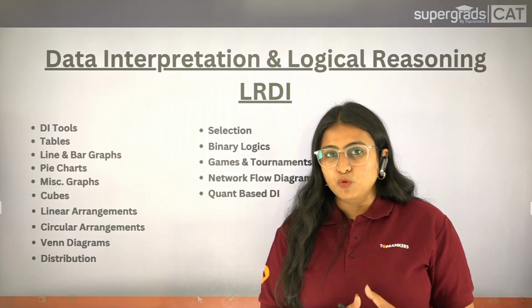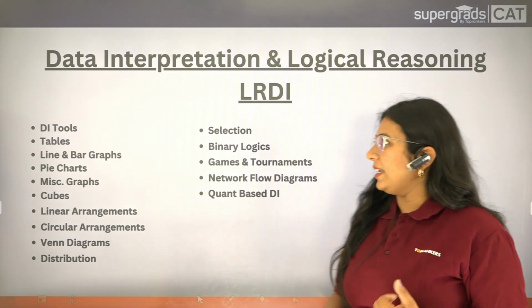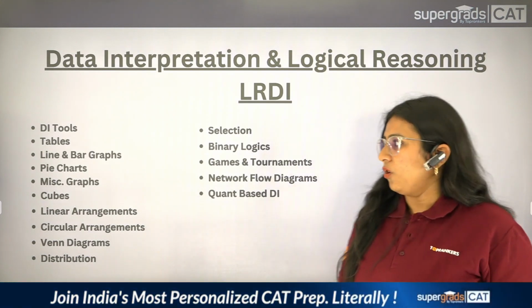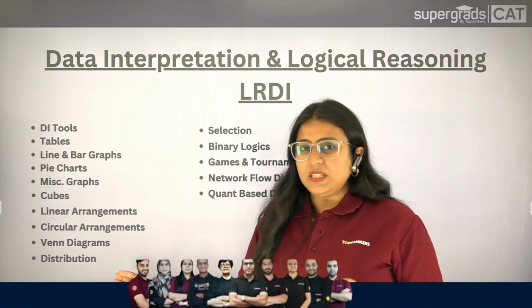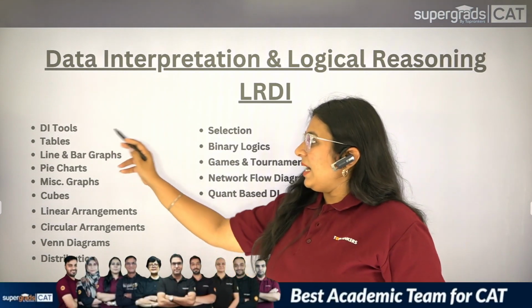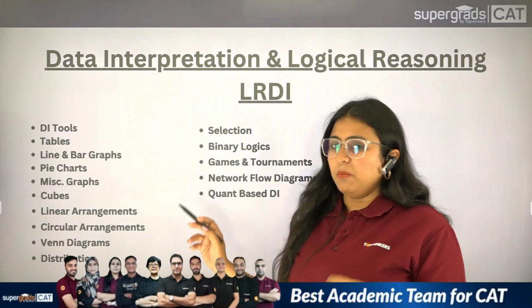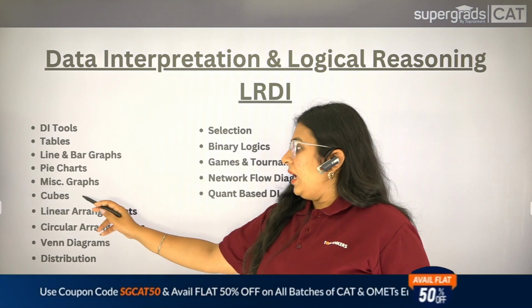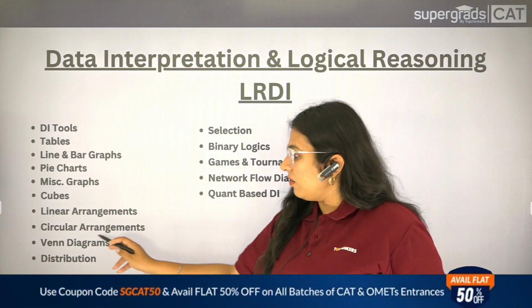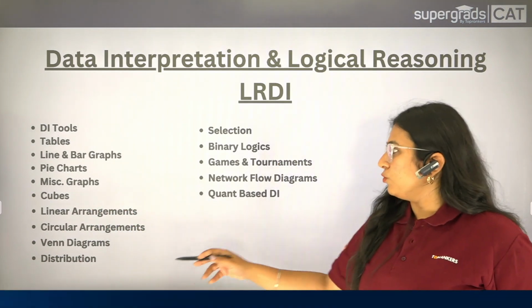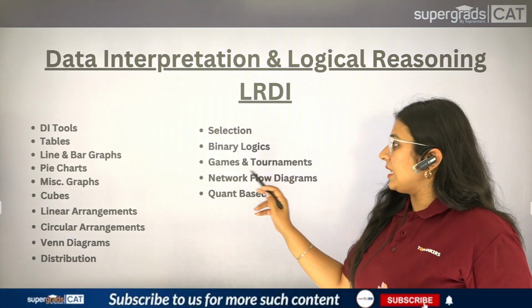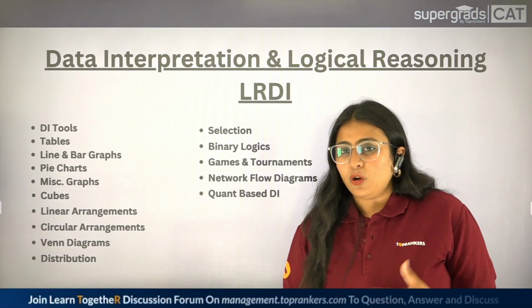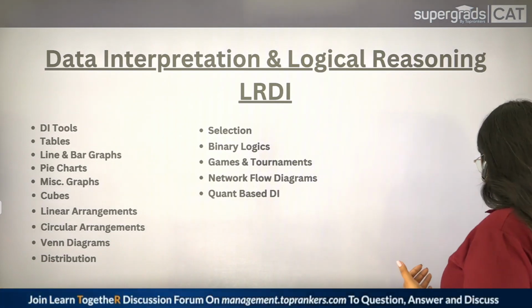Now let us move to another section, that is data interpretation and logical reasoning, also known as DILR or LRDI. Now here the topics that you need to understand: DI tools, tables, line and bar graphs, pie charts, miscellaneous graphs, then cubes, linear arrangements, circular arrangements, Venn diagrams, distribution, selection, binary logics, games and tournaments, network flow diagrams, then quant-based DI. Now, if we look at the weightage of this section,